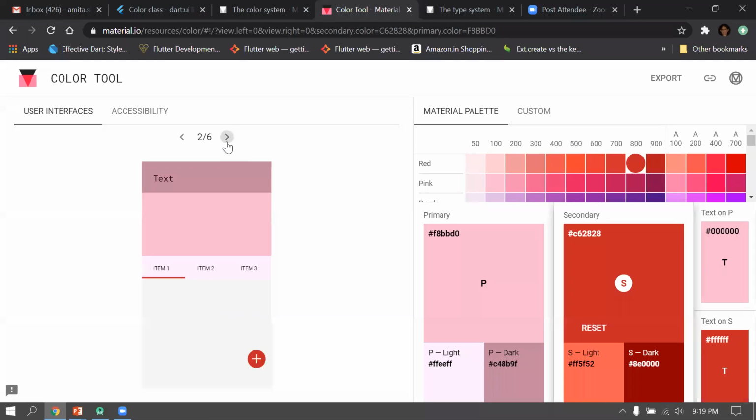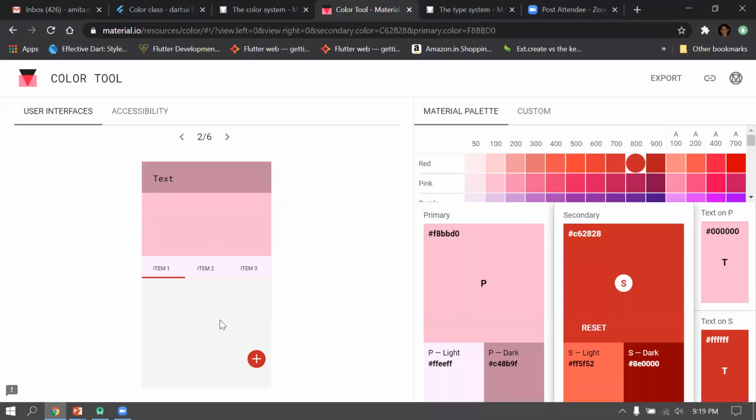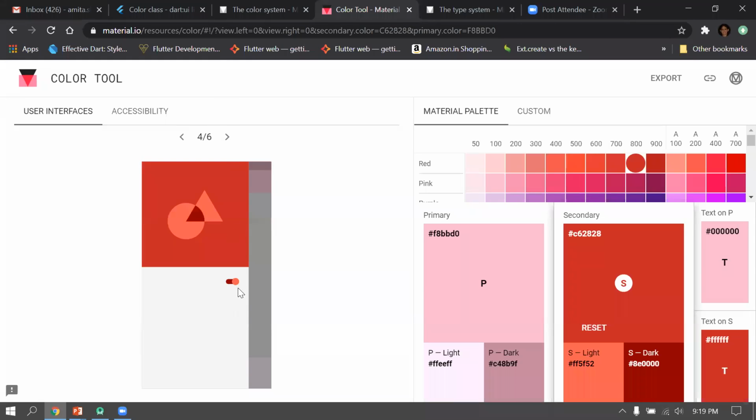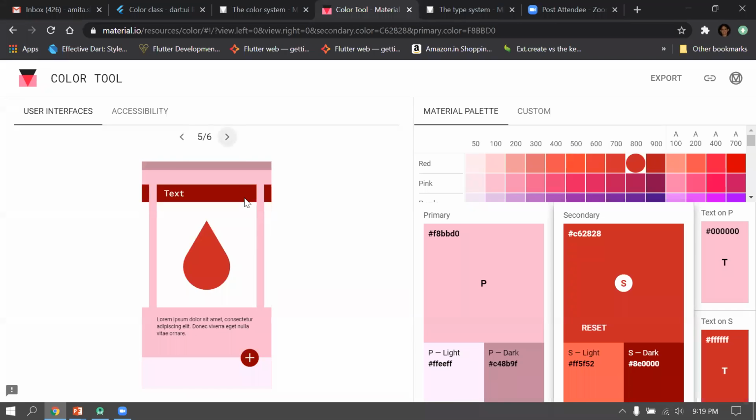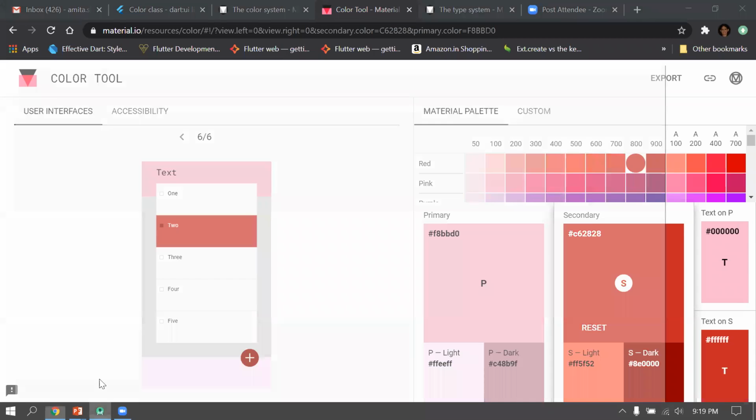And here on the left side you can see how the widgets will look, the tabs and all, how the Material Design will use them, how the switch will look, how the app bars will look. So this is a nice tool which can help us create our own custom theme. Now coming to the editor,